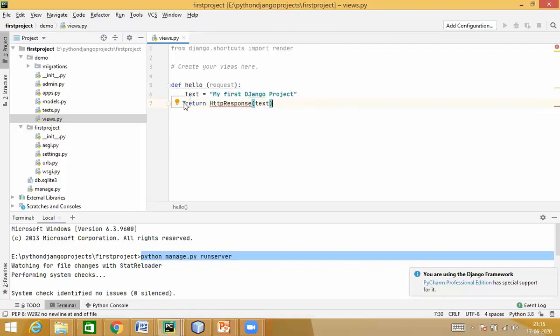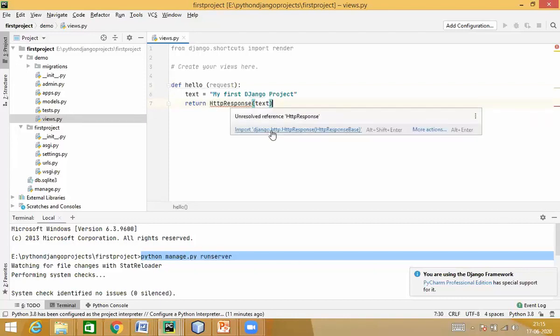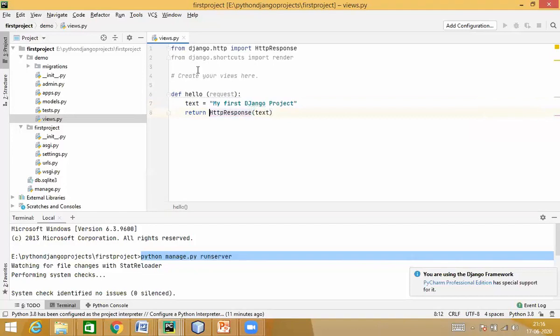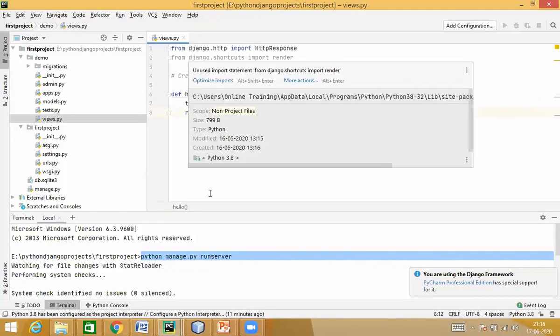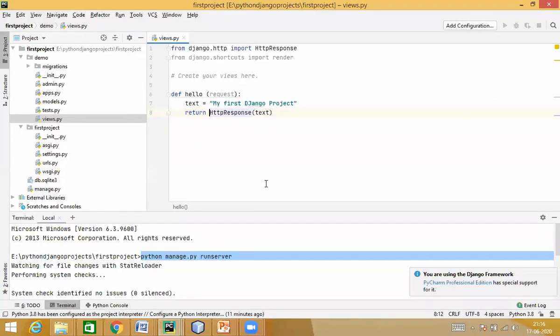Now, over here, I have this import error. I'll try and sort this out. Please observe this. So over here, this HttpResponse. I have to import, it automatically imports for that matter, django.http HttpResponse.